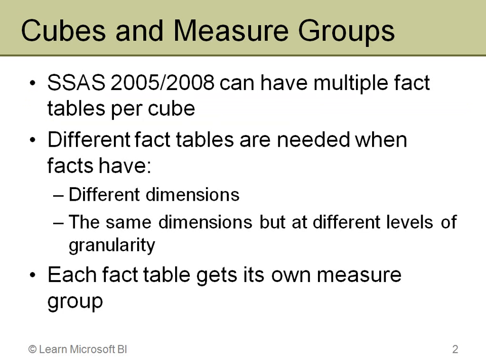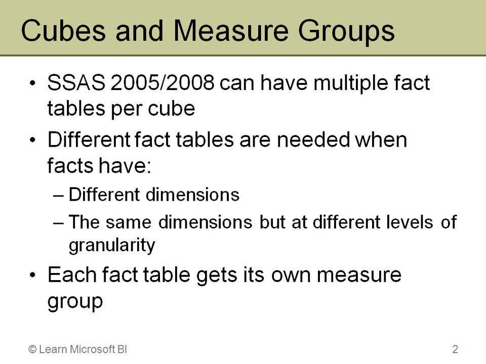In previous videos you've seen creating a data source, then a data source view, then creating the dimensions and the cubes, and I spent a lot of time on modifying dimensions and setting up attribute relationships. One of the things I haven't talked a lot about is how dimensions tie to the measure groups or the fact tables, and how the cubes work behind the scenes in dealing with all these different dimensions when they have